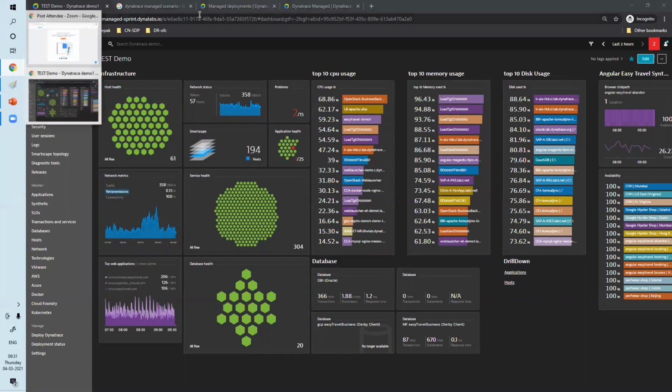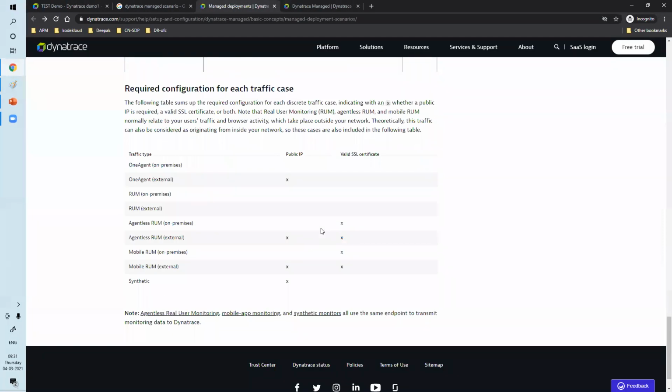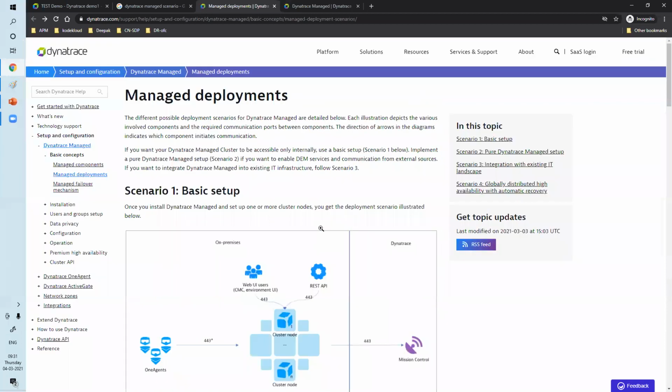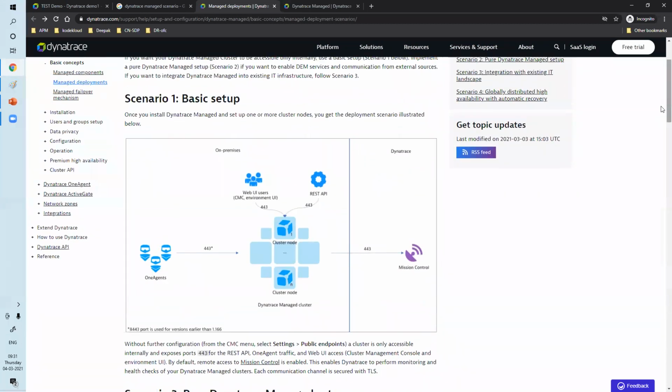So you understood the architecture. Tomorrow I will show you how to install the Managed setup. I'll have one document and I'll show you the requirements to install the Managed server at the server level, like how much GB of RAM and how many CPUs are required. I'll show you that tomorrow. Then we can proceed with agent installation and all.